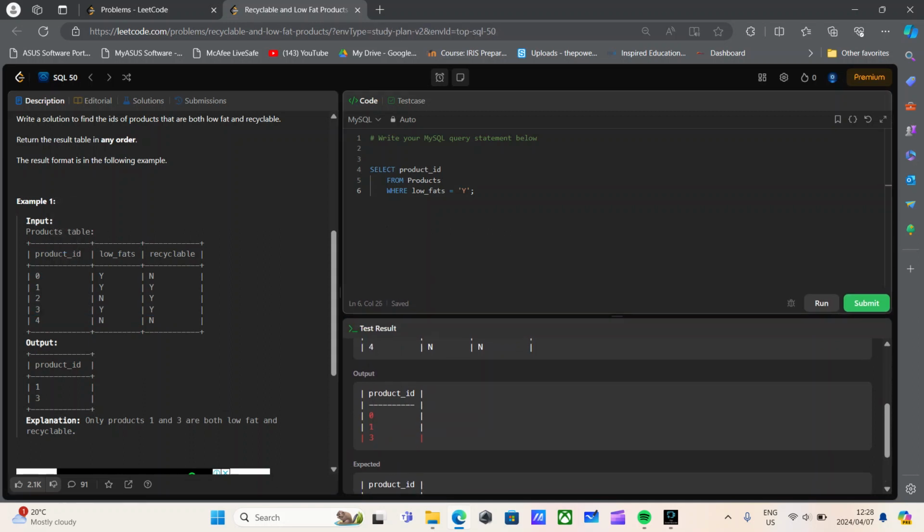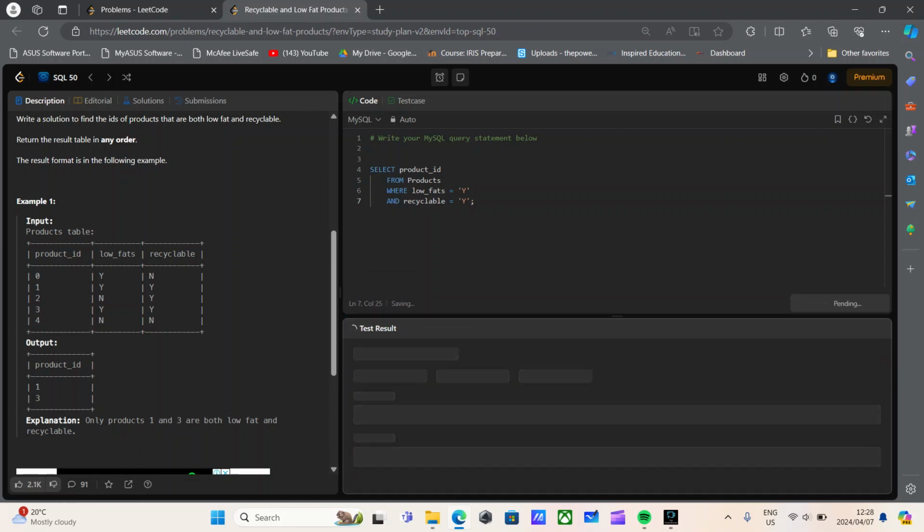So all we have to do within our condition is add and say recyclable is equal to yes. And now if you run this,